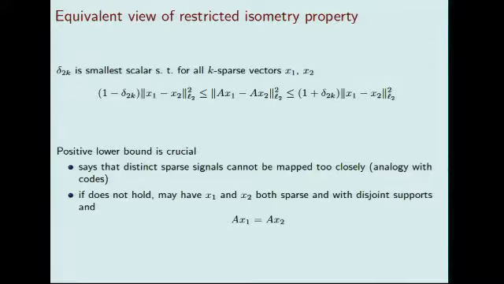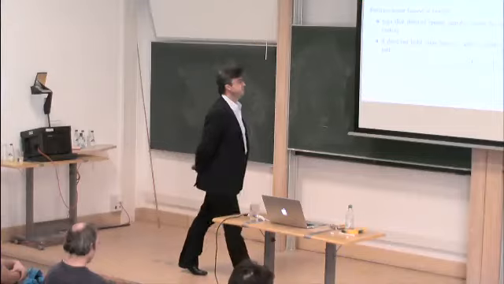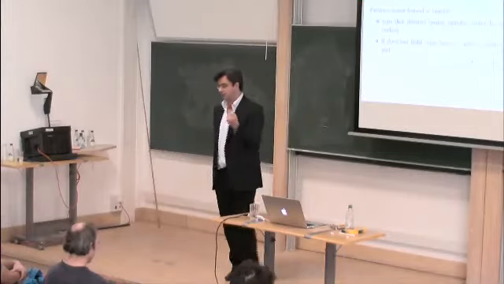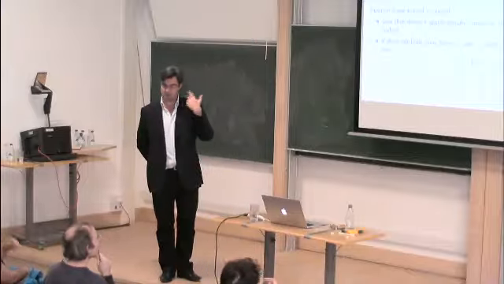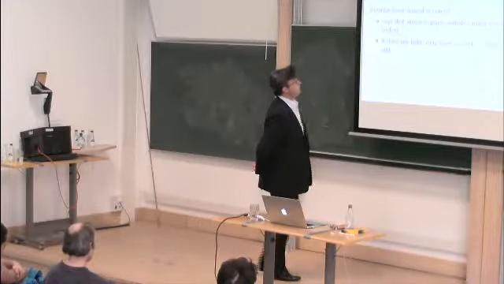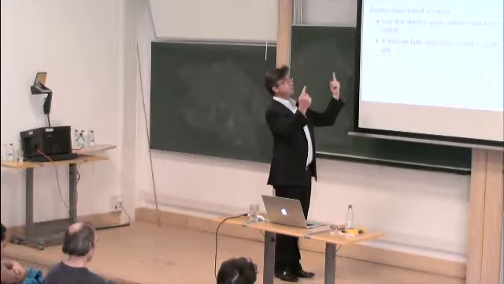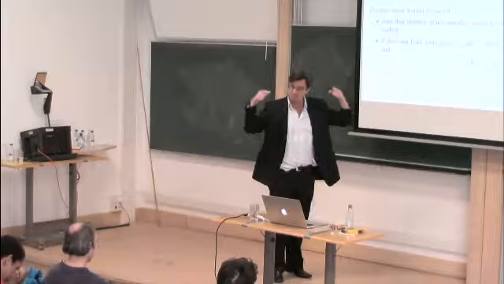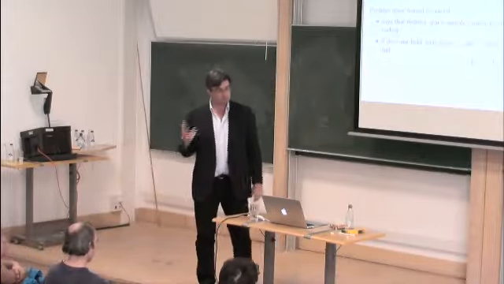And from what we've seen, the lower bound is completely crucial, because if we did not have this lower bound, then I could have sparse vectors in the null space of A, and then I could not do anything. So the positive lower bound is what matters. The upper bound doesn't really matter so much. It matters a bit, but not really. What matters really in this restricted isometry is how far away sparse vectors are from the null space, and the restricted isometry property quantifies this statement. Okay, so this lower bound says that if I have two distinct signals, x1 and x2, which are both sparse, they cannot be mapped too close, which is very important for signal recovery.